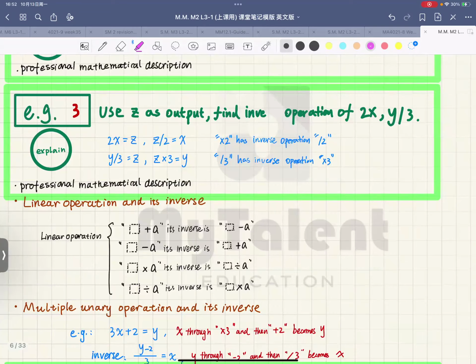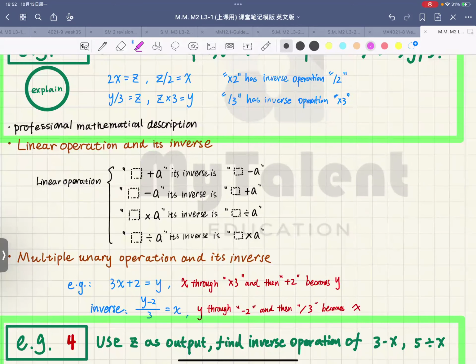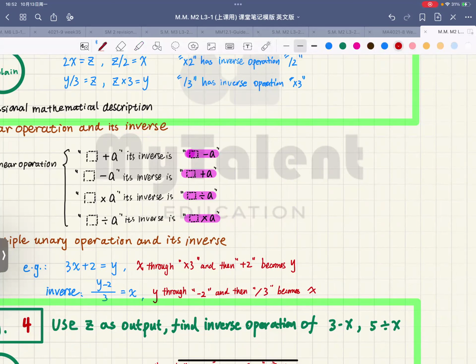So basically, that's inverse operation. For the math method, I think we only consider the linear operation. Linear operation basically is a plus, minus, times, or divide by a constant. Okay, that's linear operation. Let's say something minus a, something plus a, something divided by a, something times a. We use a to represent a constant. That's linear operation. Another example, if we have something plus x,